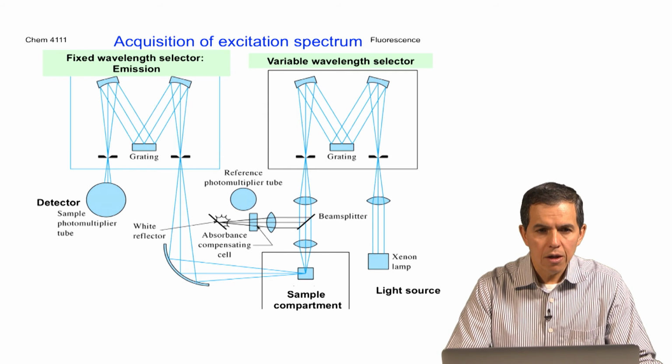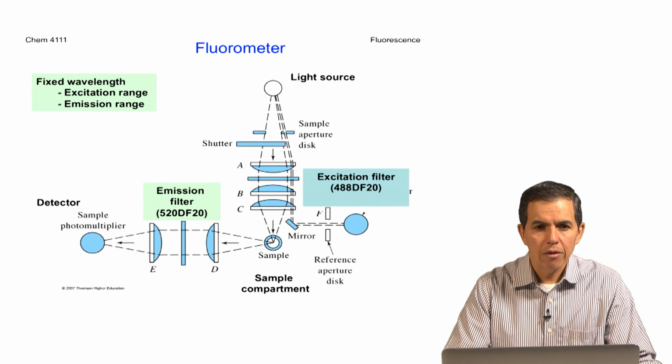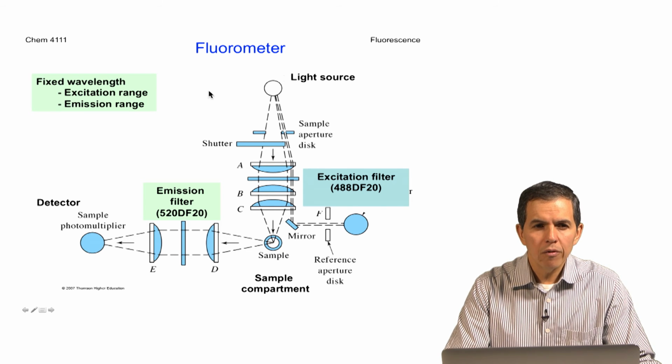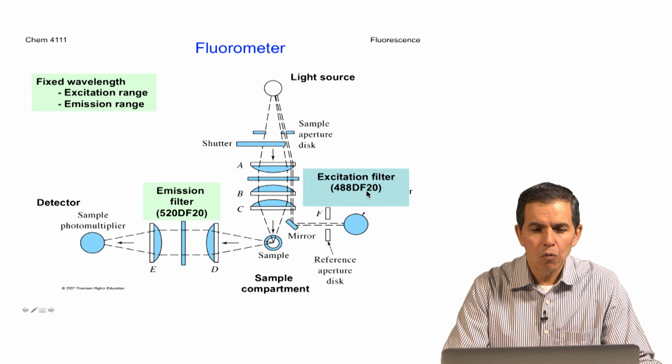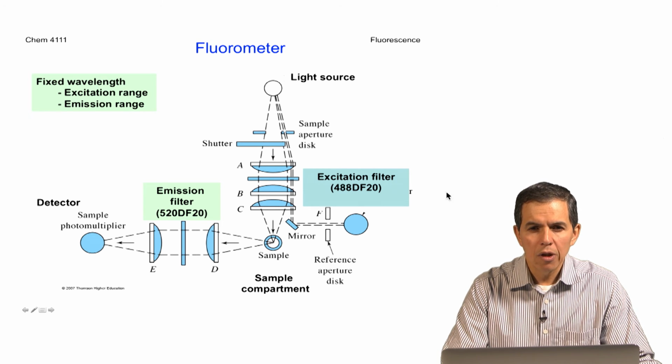Another way to measure fluorescence is the use of an instrument called a fluorometer. The key difference here is that both the excitation and emission wavelengths are fixed, and that is accomplished by replacing the monochromators with an excitation filter, which normally indicates the wavelength of maximum transmission, and a range width, indicating how wide in nanometers that particular range is. For instance, this will indicate that we are exciting a sample at 488 nanometers and that the range of excitation is 20 nanometers wide. That is from 478 to